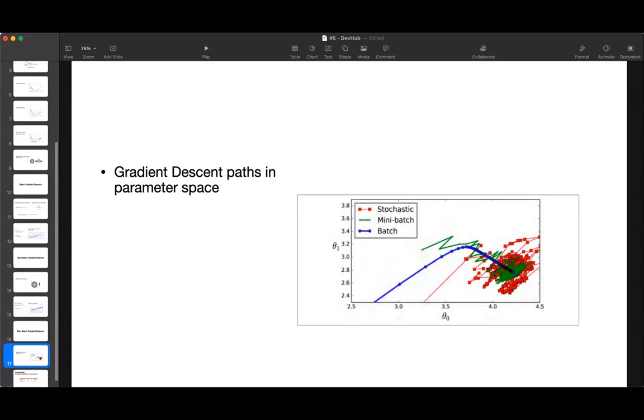And the green thing, which is known as the mini batch. So the result which we actually see is that the mini batch gradient descent will actually end up walking around a bit closer to the minimum than SGD. So the mini batch is actually more accurate than SGD, but on the other hand, it may be harder for it to escape from the local minimum.